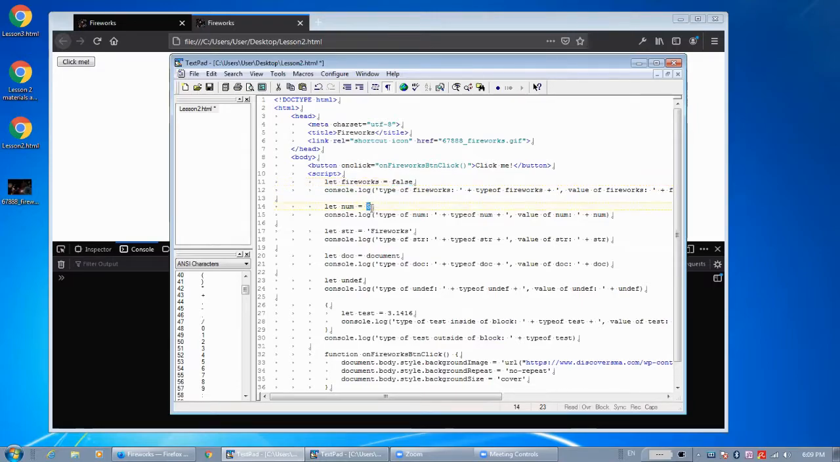It can be a number like this, or a number with decimals. It can be a string, so text surrounded by single or double quotation marks. It can be an object, as you remember, document is an object, part of a document object model hierarchy. And if we don't set a value to a variable, its type will be undefined. And so what we do in this code is we assign values to different variables. Then using the console.log command,